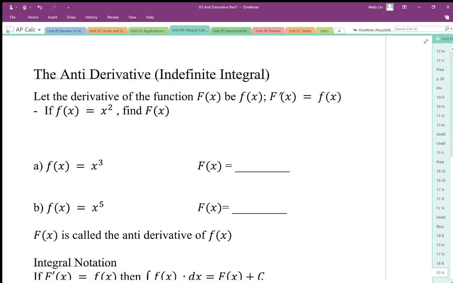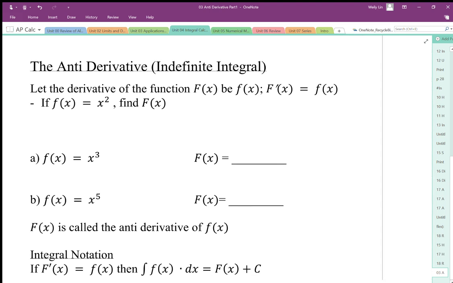Up to this point, we've done a lot of differentiating, but we know in math that if we can do something one way, we should be able to undo it. And so we're going to undo derivatives, and we're just going to call it for now the antiderivative. So if we have a derivative function, for example, we're going to let the big F be a function,